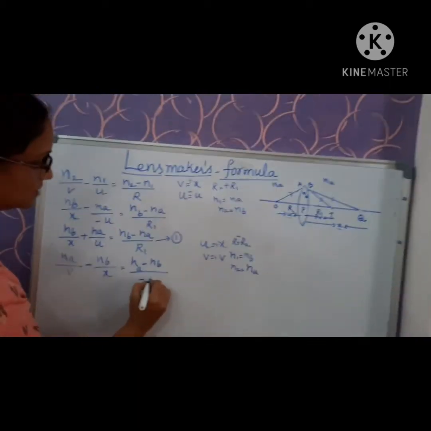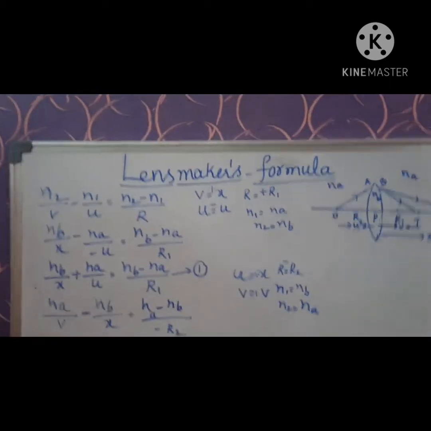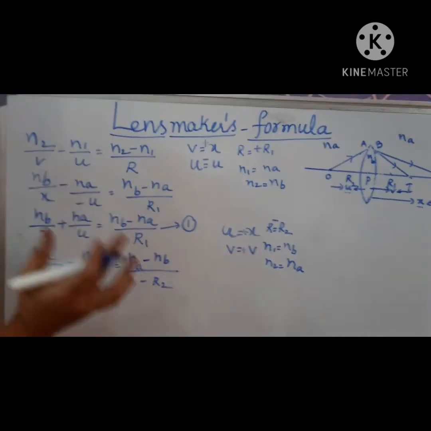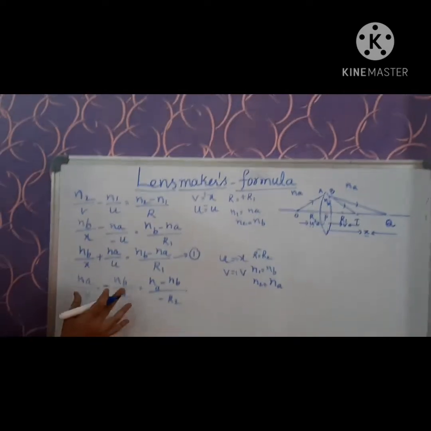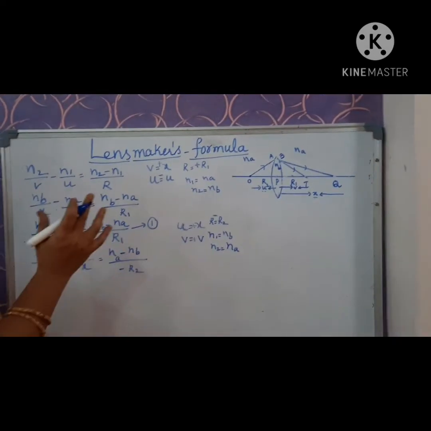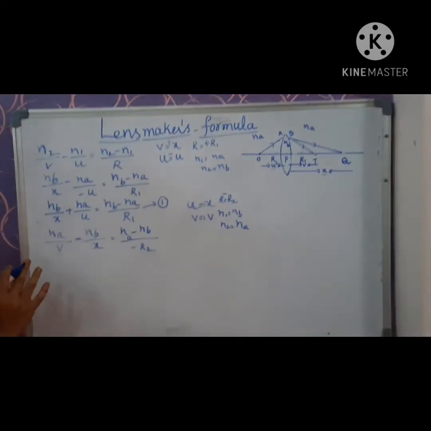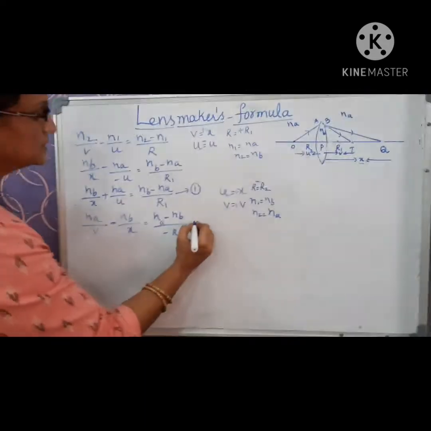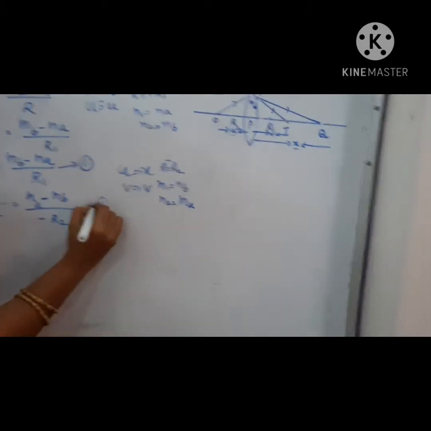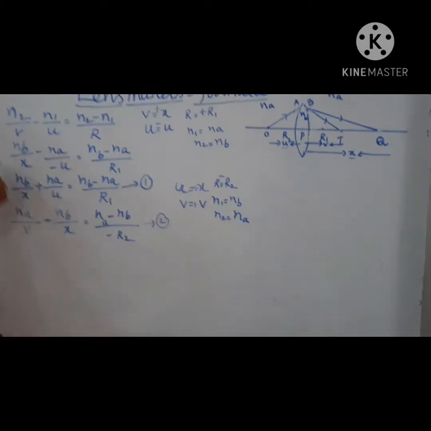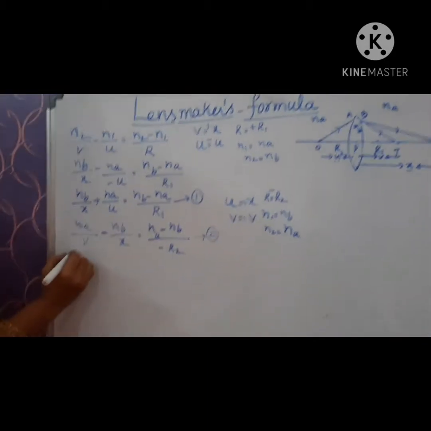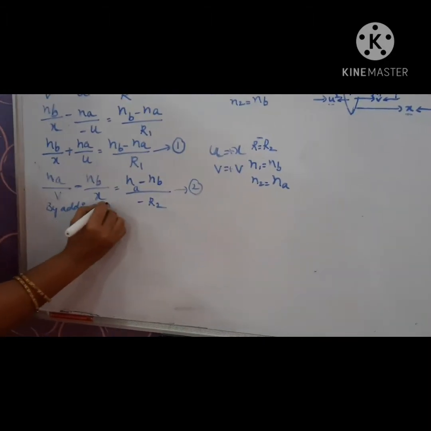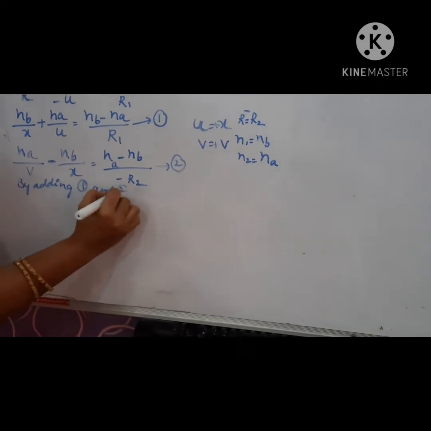R1 is minus R2. This is the equation when the lens is kept in two different mediums, and we are considering the second situation, that is, if the lens is having two curved surfaces. This is called the second equation. So by adding both equations 1 and 2, we get,